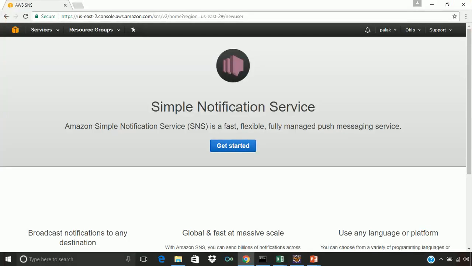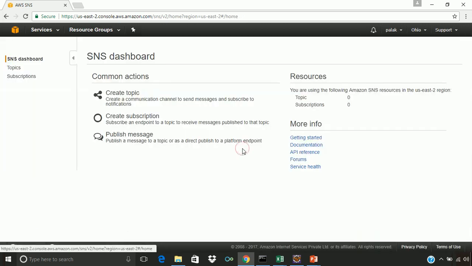So this is the SNS dashboard which we are going to use to communicate whenever any change is made to the code commit repository. So let's get started with SNS. First we are going to create a topic which will create a communication channel to send messages and subscribe to notification.